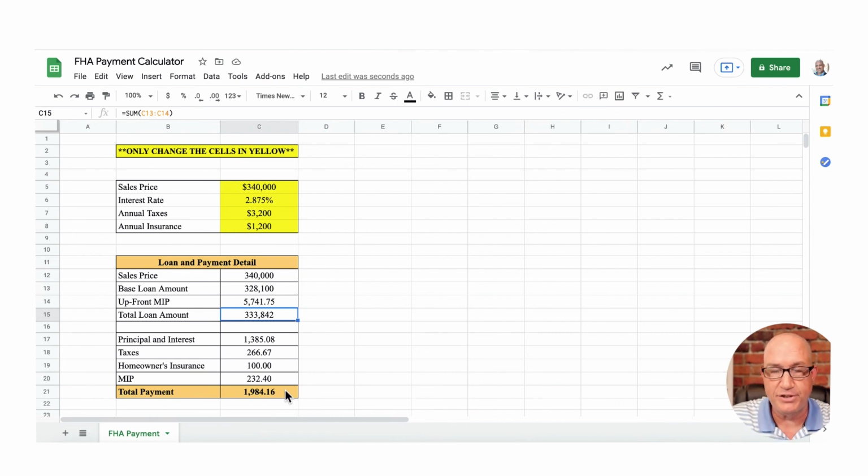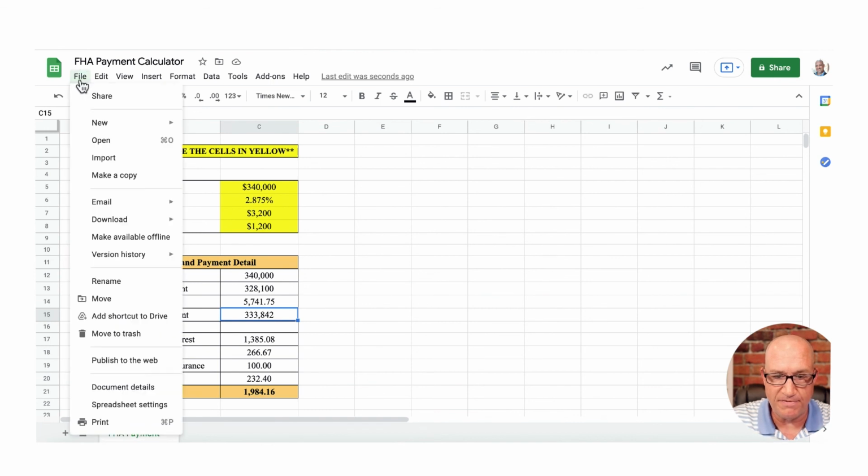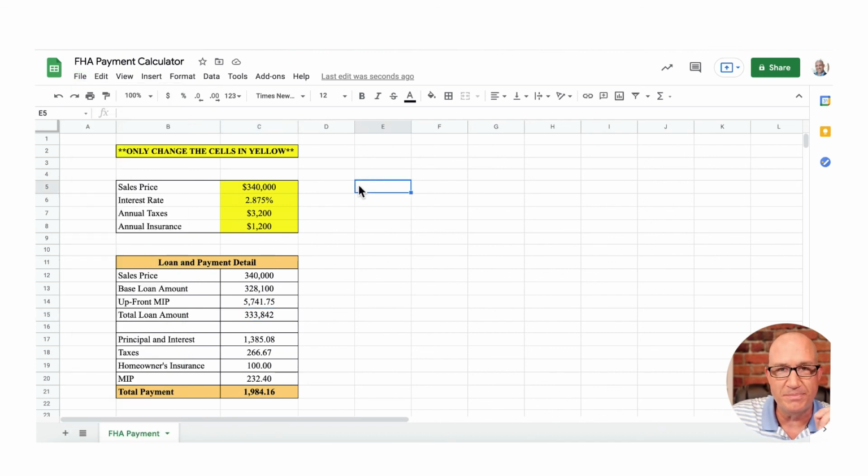So again, click on that link in the description. You can grab a copy of this. Just make sure if you click on that link, it is in a Google Sheets format. So when you open it up, just go up to the top, click File, and then make a copy. That way, if anyone else is in here, all the numbers won't get messed up. If for some reason you do mess up the formulas and you still want this calculator, just shoot me an email and I'll go in there, make the changes and fix it for you and send it back out to you so you have it working correctly. All right, so that is that. Hope you guys enjoy that, and hopefully that's helpful for you.